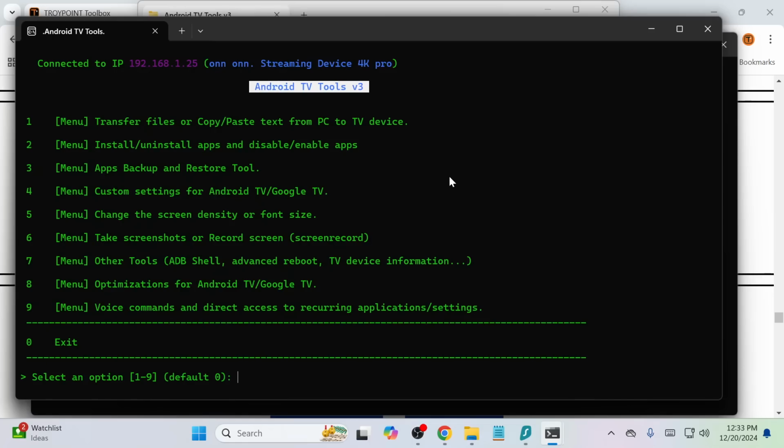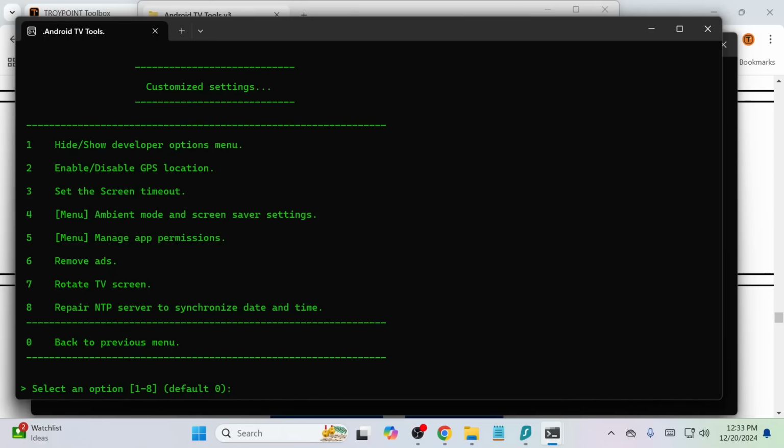Now I'm going to go into section 4, custom settings. Now we've already taken care of number 1. You can enable, disable GPS location. A lot of these are just settings that you can manipulate yourself on the box with the remote. But if you want to go through quickly, many of these options will be right at your fingertips, so you can do them on one screen here. Remove ads. I'm assuming that's just going to install an ad blocker. So I'm going to go ahead and go back to the previous